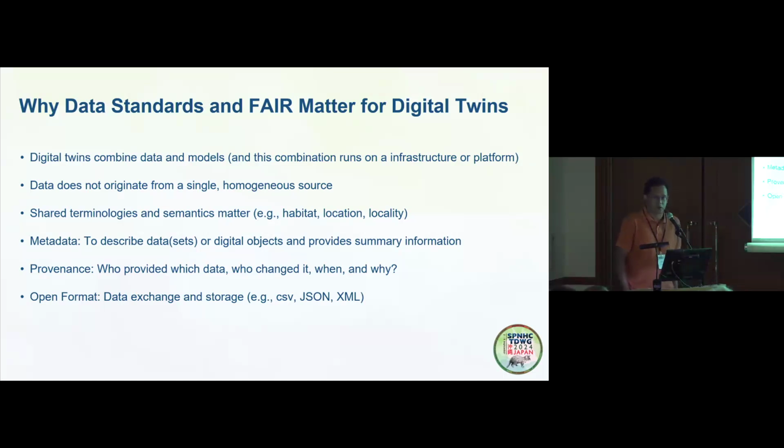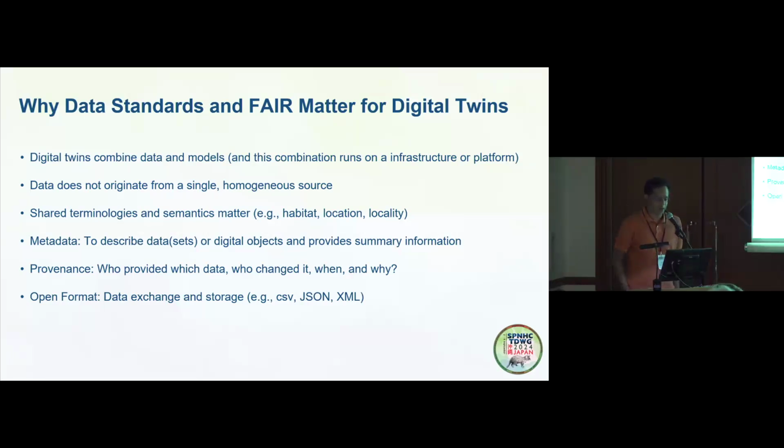And that, of course, brings up challenges, and one of the challenges we are all familiar with in our domain is shared terminologies and semantics. For example, habitat, location, locality. As humans, maybe we know the difference, but when we try to do it as quickly as possible in an autonomous way, machines need a little bit more context, and this is also a challenge when different domains come together. We also need certain metadata on a high level to describe, for example, X is weather data, Y is something else, and what is the summary of that when it comes together,